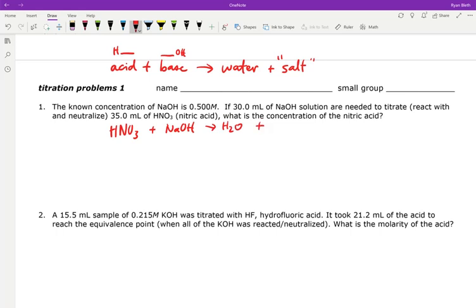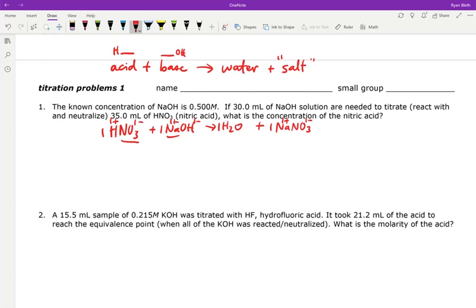We need to be able to look at the compounds here, the acid and the base, and find the first part of the base and the second part of the acid, and put those together like so. In the video you watched a few minutes ago, or the video you've already seen from the Khan Academy, they introduced that the ions involved in the acid and the base and their charges are important, because the positives and negatives swap. And we saw that with double replacement reactions earlier in the year. Here's our equation, and it's balanced with a